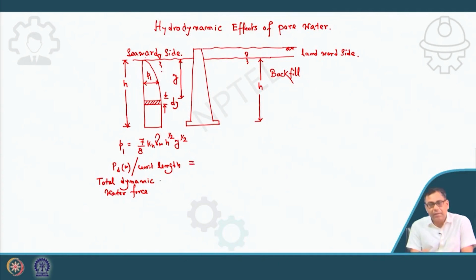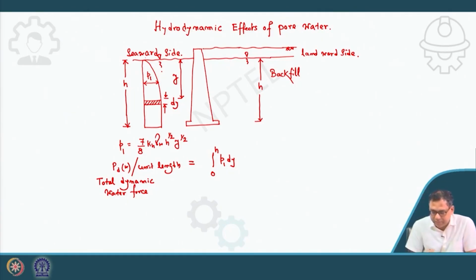So, total dynamic water force per unit length, small p1 is this water pressure distribution. Clear? And from there, using that pressure distribution, I want to determine the total dynamic water force that is acting on the retaining wall per unit length. So that we can determine easily by integrating that pressure distribution from 0 to h. Okay. So, that is P1 into dy,